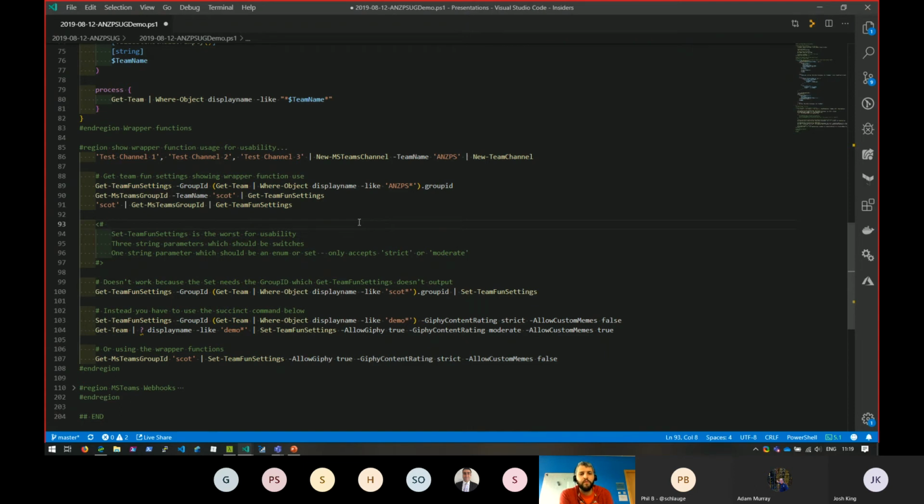They have actually fixed the issue with pipeline support in the newer versions. I think previously, because everything relied on group ID, none of the output from previous get commands output the group ID, which could be bound to any parameters when you were piping it to all the set commands. So it was lots of crazy fun.